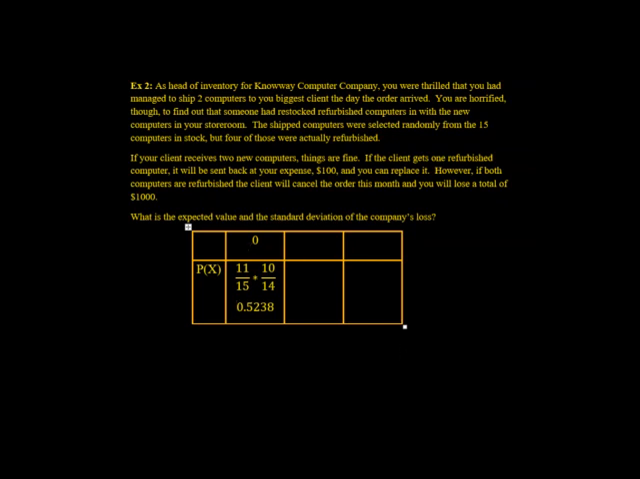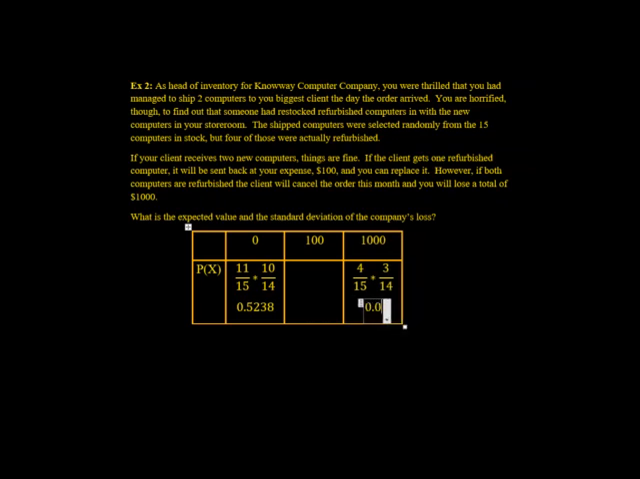We're doing loss, so we can just count this as $100, not negative 100, but $100 loss. Now this probability is hard to find. There's a lot of different things going on. So we'll use a complement to find it. Instead, we'll find $1,000 first, which is 4 out of 15 because there's 4 bad computers, times 3 out of 14. That's the probability of getting 2 bad ones. This will be